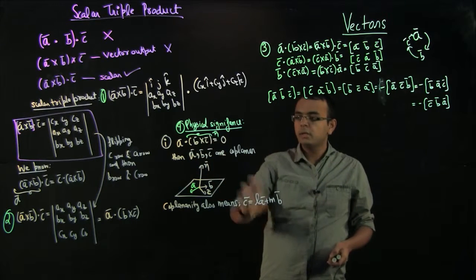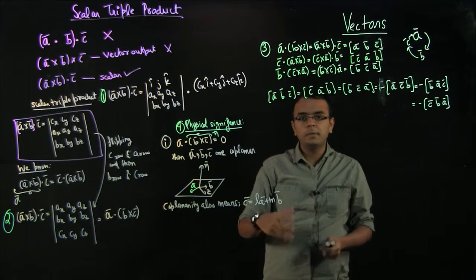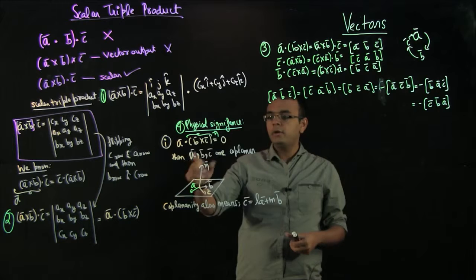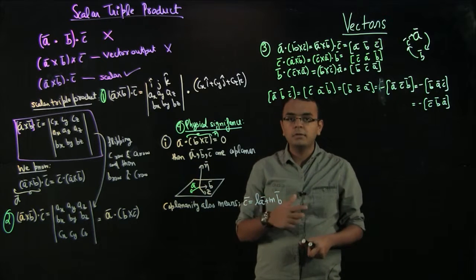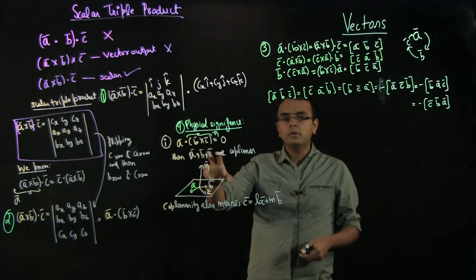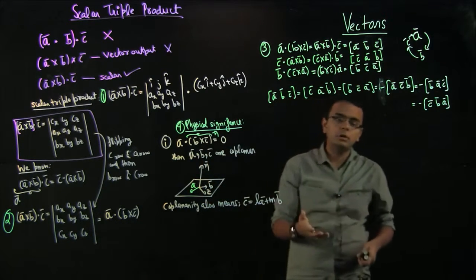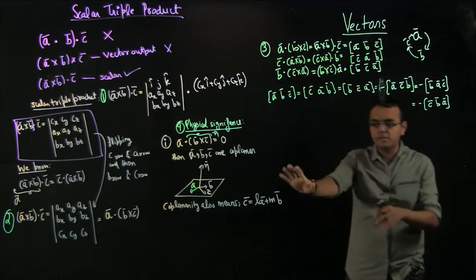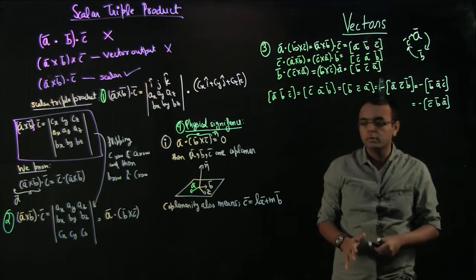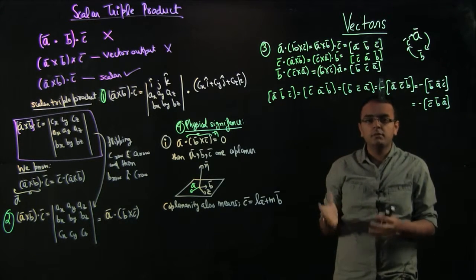C here as LA plus MB, then if I take cross of B with B, it will become 0, right? And then it will basically become A dot B cross A, and then you can flip dot and cross, and it will become A cross A dot B, and the cross of A with A will also be 0. You can put it back here and check yourself that this will always come out to be 0. So coplanarity also,